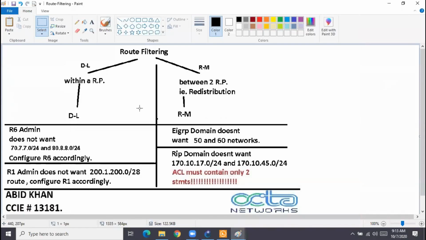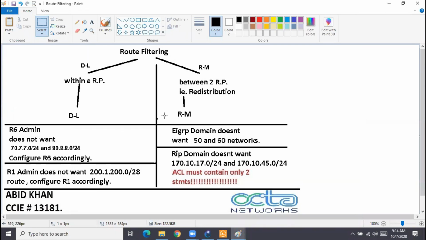These are the tools to do route filtering: distribute list and route map. But the distribute list and route map themselves don't do the filtering, because they don't know which routes are to be filtered. So who will identify the routes for the distribute list or route map? Ultimately, it is our old friend the ACL, the access list.